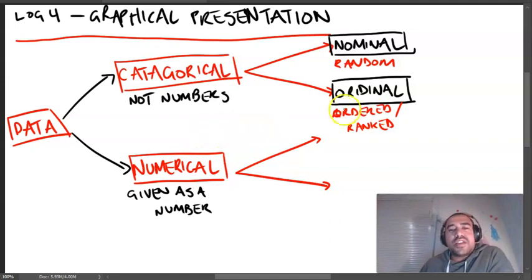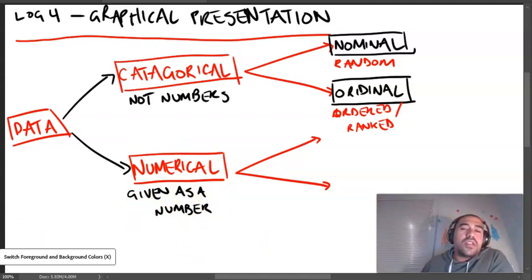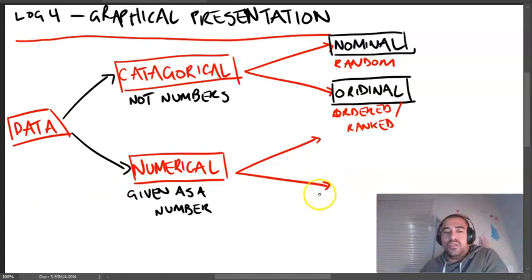So generally, ordinal, you can only rank it through a measurement of some sort, where nominal is random. Now, straying away from categorical, we'll get into numerical. So an answer that's given as a number. Again, there are two specific ways. I got numerical and ordinal mixed up. For numerical, there's either